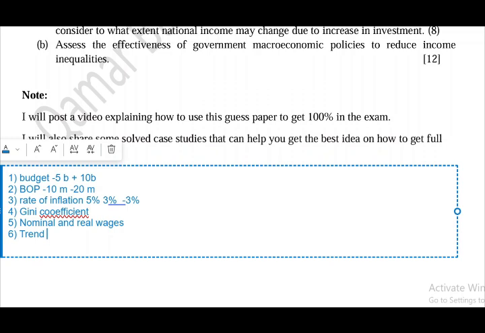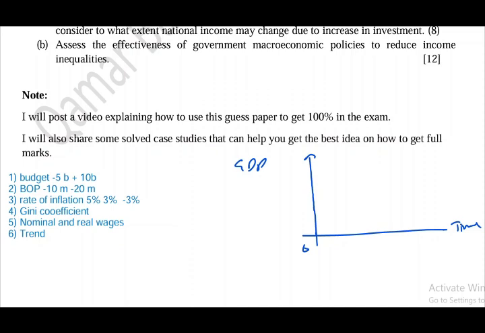How do you find out the trend? Okay, so we have the time period on X and GDP on Y, and GDP is moving like this, right? From 2000 to 2005, this was the overall trend of the GDP. The examiner may ask what is the overall trend of the GDP between 2000 and 2005. So what should be the answer for this question?